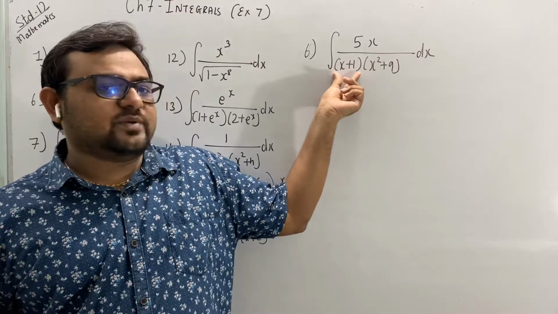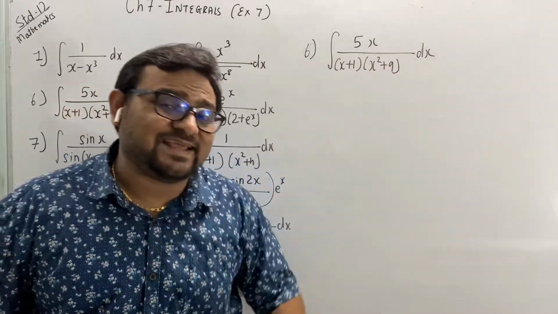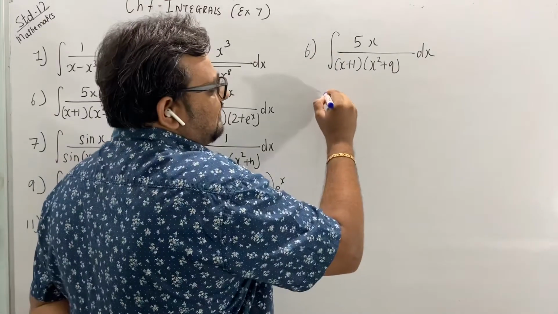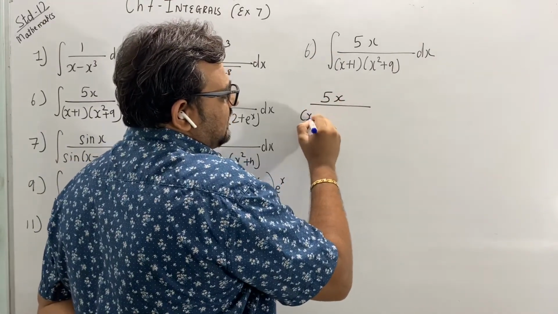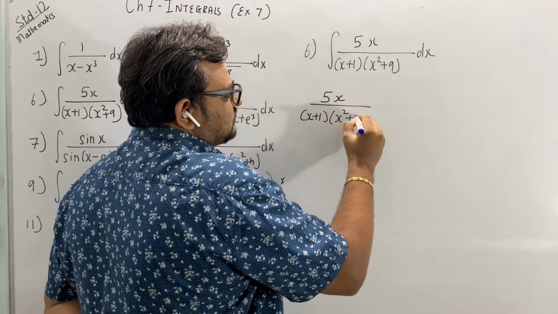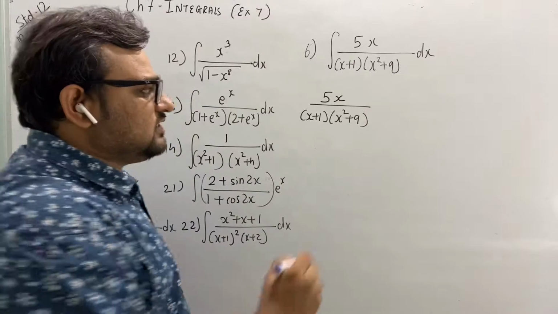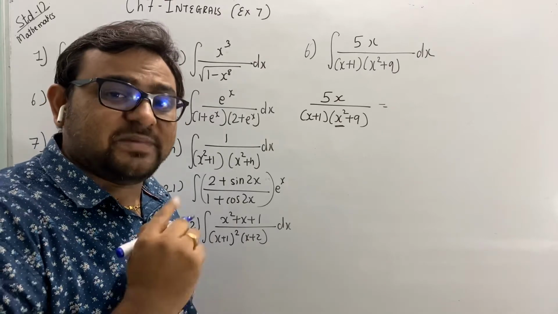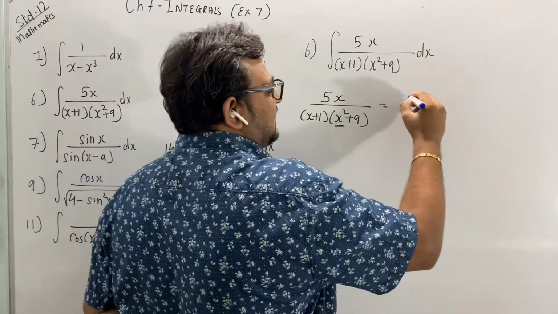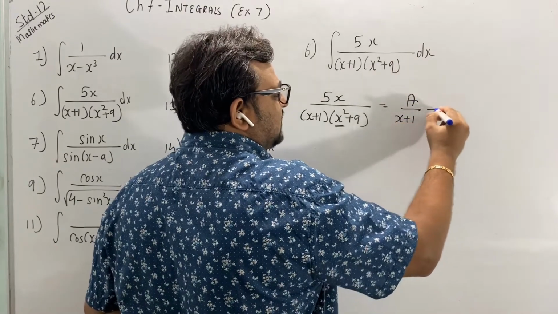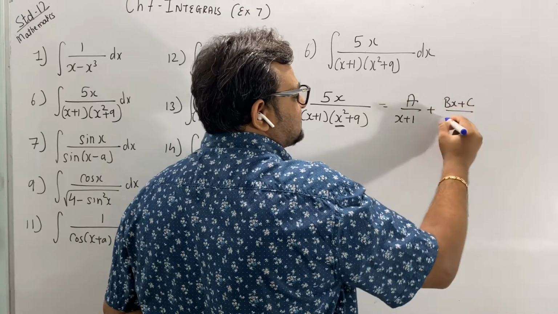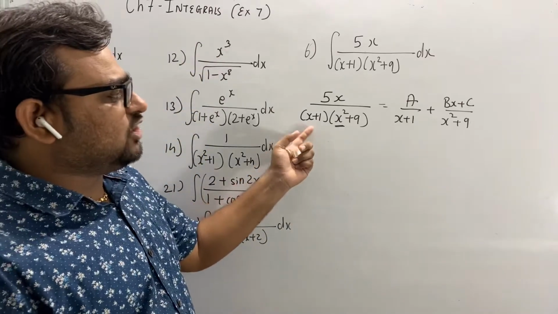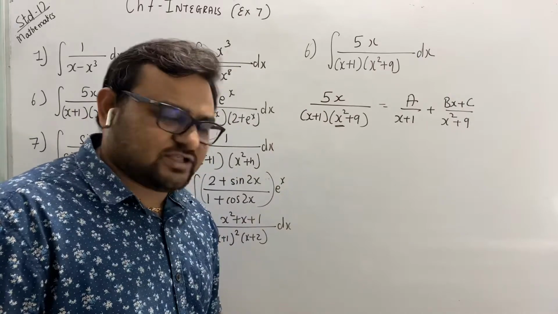See here, this will be a upon x plus 1, and this is a second degree polynomial, right? So that's the binomial. Okay, now see how we can do it. I will take it as phi x upon x plus 1 into x square plus 9, and this will be equal to, wherever there is a second degree binomial, we take bx plus c, that means a upon x plus 1 plus bx plus c upon x square plus 9, right? In this case, the degree of the denominator polynomial is higher than the numerator, so we can directly solve it in this way. Or else